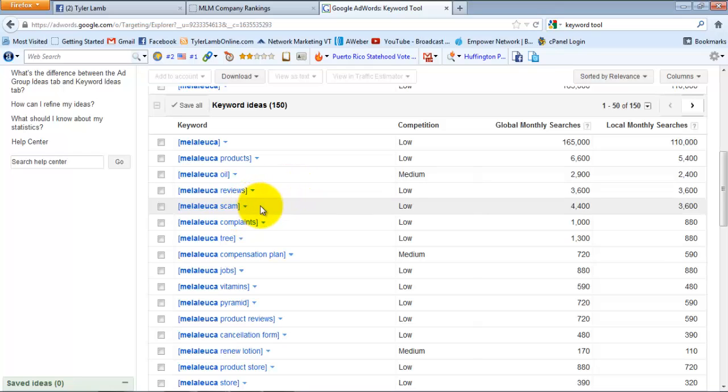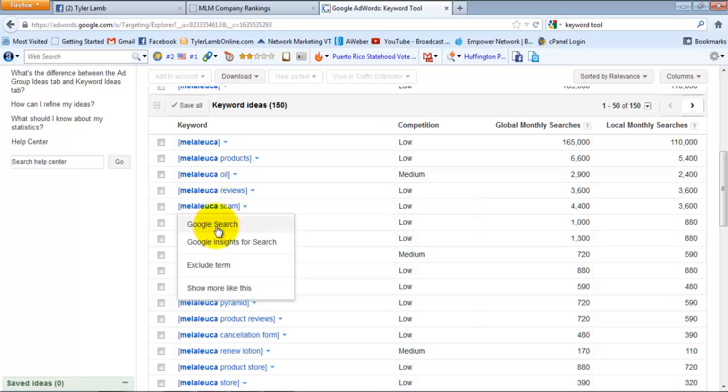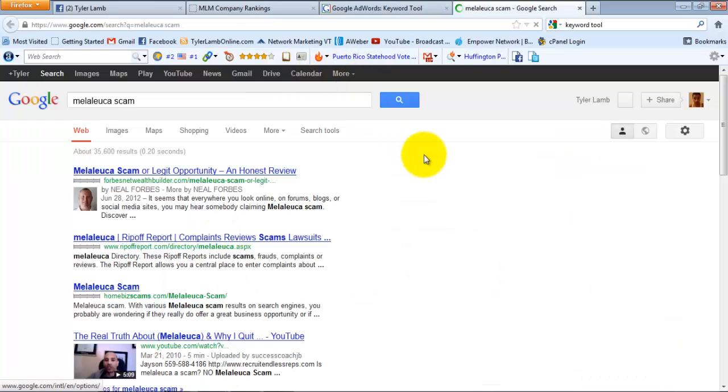Melaleuca scam. A lot of people associate MLM companies with scam. Melaleuca scam might be an excellent one to do. So we're going to choose this one. So what we're going to do is we're going to click on it. We're going to do a Google search. All right,